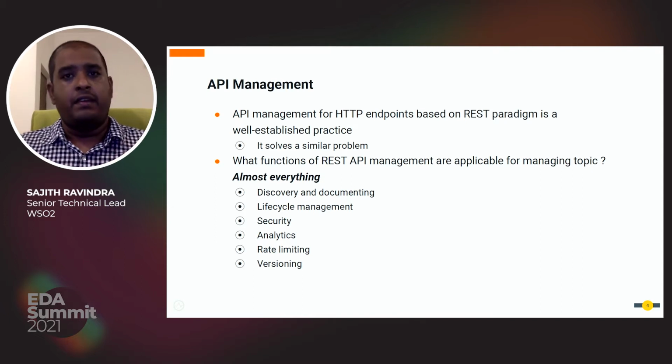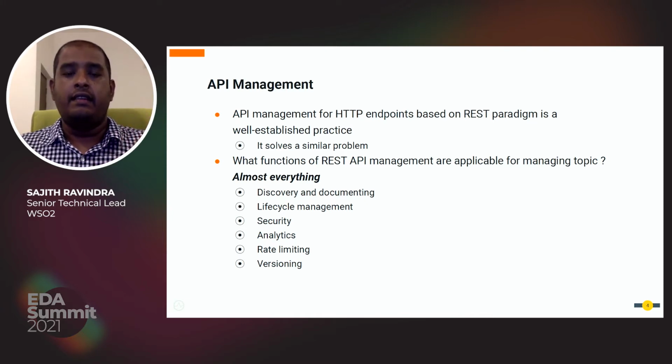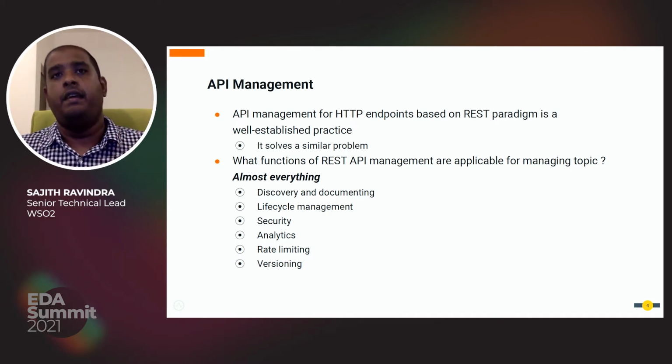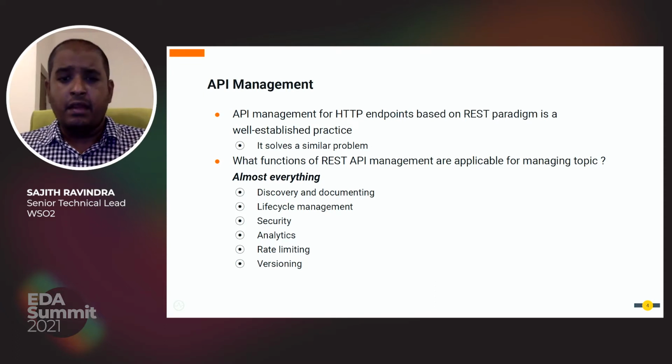And the security aspects, where we will need authentication and authorization. And analytics. Analytics is another very important aspect, which lets you see what is really happening on your APIs in terms of performance and in terms of user interest, etc. That gives you good and valuable insights about your API. Rate limiting is another very important factor, where it lets you actually monetize your APIs. You can really make money out of your API by selling it.